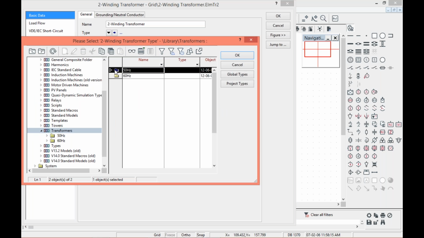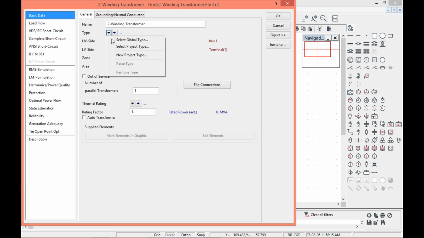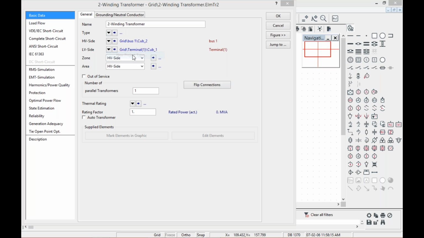it shows the various options that are used globally, the transformers. They are globally used as of two types, like 50 hertz and 60 hertz. So you can select. The default is 50, so leave it as it is. And after that, when you have to create a new project, we will go into new project type,